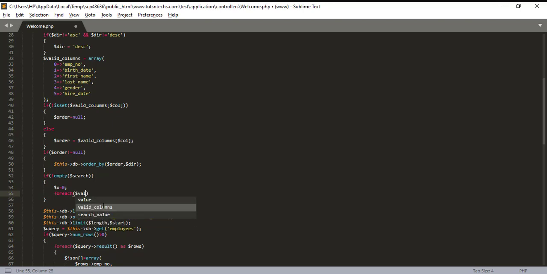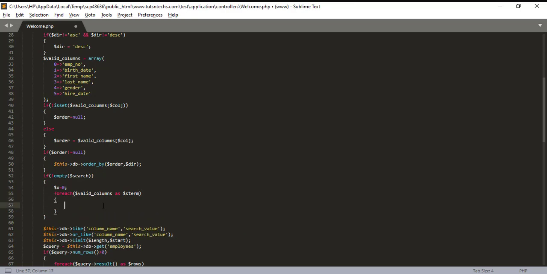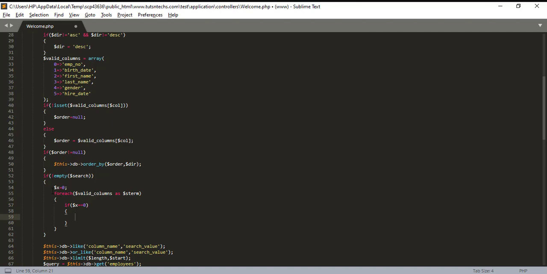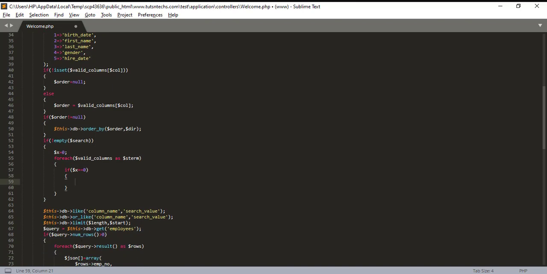So we say valid columns as $s_term. S_term is only a variable name; you can use anything here, but for me it is meaningful, as s_term means search term. Because we need both, first we need the like, then the or like. So first we say $x equals 0, because we initialized our $x with 0. Every time the loop starts, it should be 0. Then we cut this one